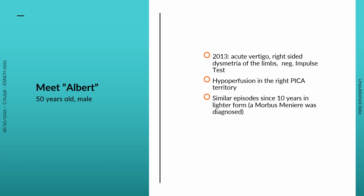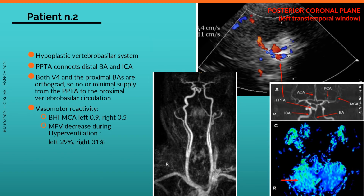He had a similar history of more than 10 years of episodes of acute vertigo. Once in 2013, he came to our clinic for an acute evaluation during one of these episodes, which was very severe, and also he had at that time a right-sided dysmetria of the limbs. In the MRI, we saw a hypoperfusion in the right PICA territory, and again, this patient had, of course, a